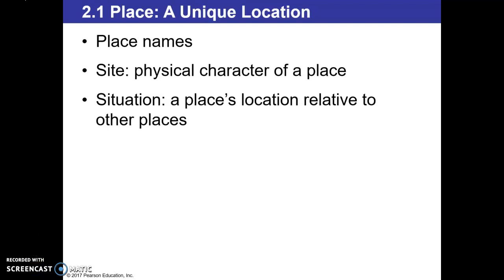First, let's go ahead and recap place. There are three components that might make a place unique. First, let's look at place names, also known as a place's toponym. Remember that toponyms are often associated with the characteristics of a place. Maybe they're based in historical roots associated with settlement, language, or religion. Or perhaps that toponym is associated with physical characteristics of the place.